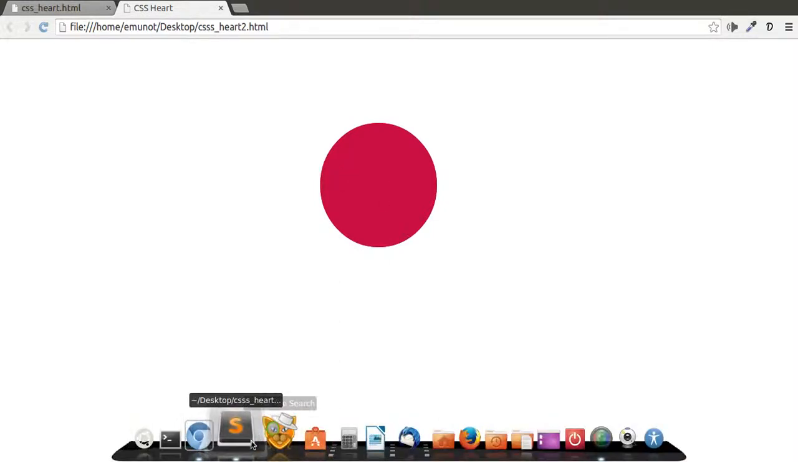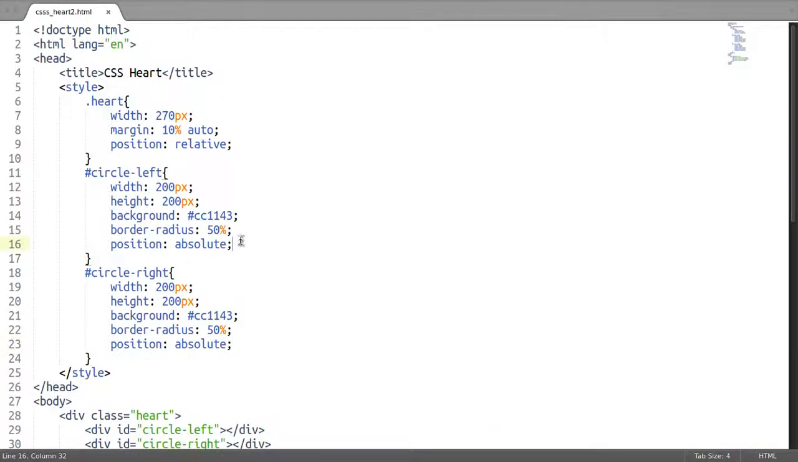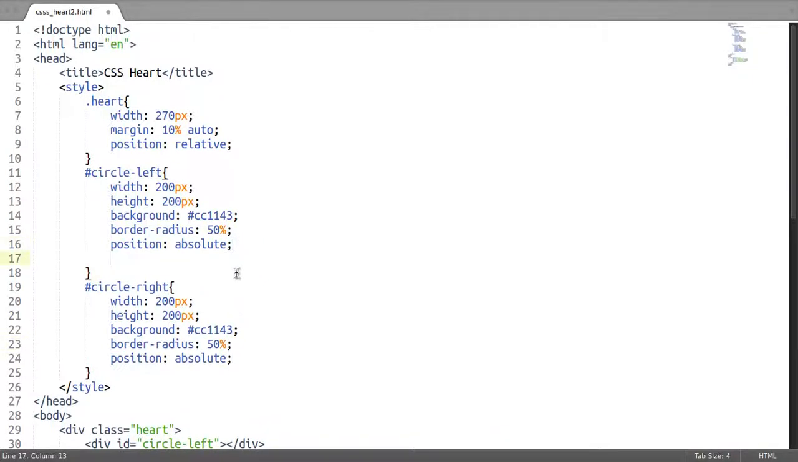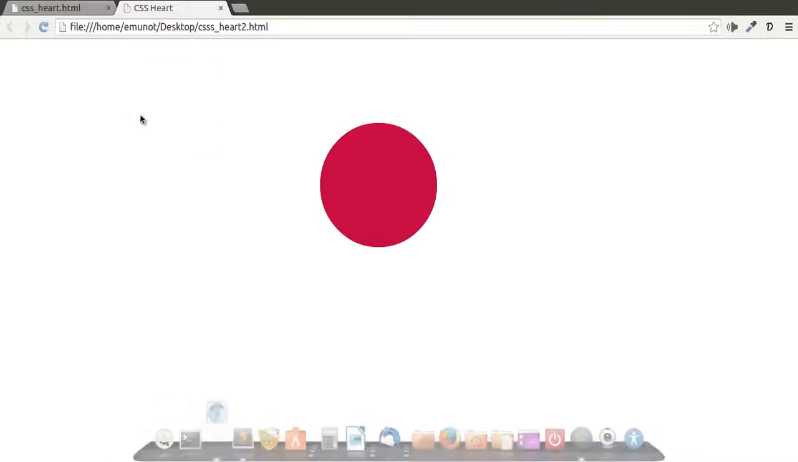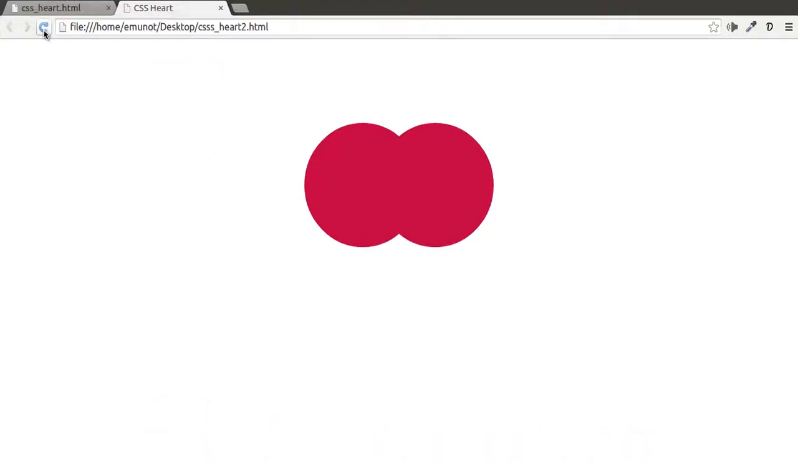We do this by simply going to the circle left and specifying the left property and giving it a value of negative 10%, because we want it to move 10% in relation to where it is. So we give the right property as well negative 10%. 10% is good. So we'll go ahead and check in our browser, refresh, and be able to achieve that,